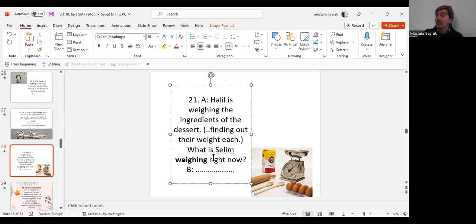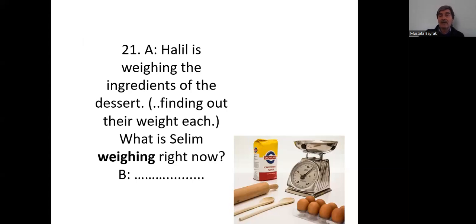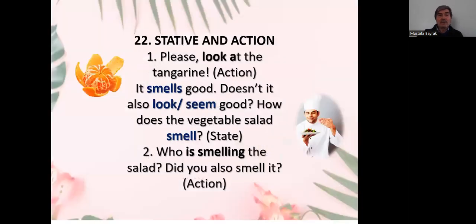Okay, what is Selim weighing right now? He is weighing the watermelon. He is weighing the meat. He is weighing the fish. He is weighing himself. Okay, Selim is weighing himself, to see how much he weighs. Okay. Now,